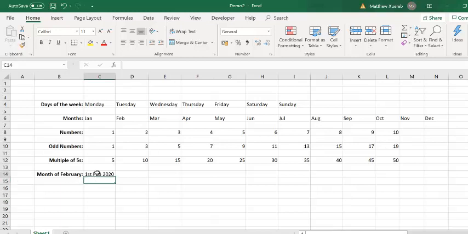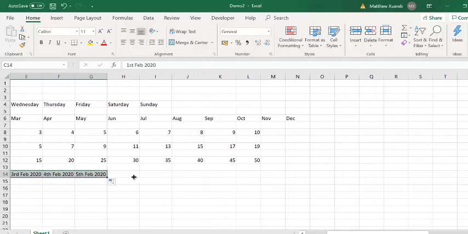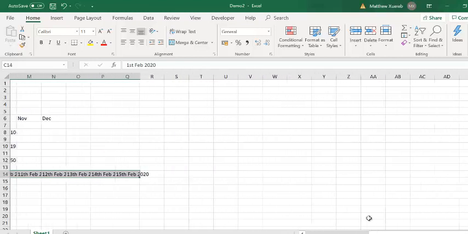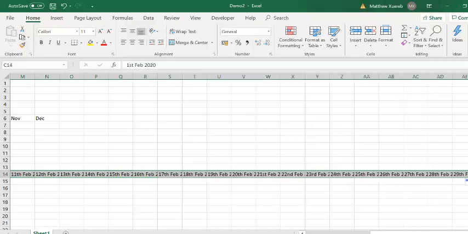If we replicate this cell to the first 5 days of February, the days are updated accordingly. So we have 1st February, 2nd February, 3rd February, 4th, 5th, etc. So it gives us the impression that it is good. However, if I continue to replicate until the 29th of February,